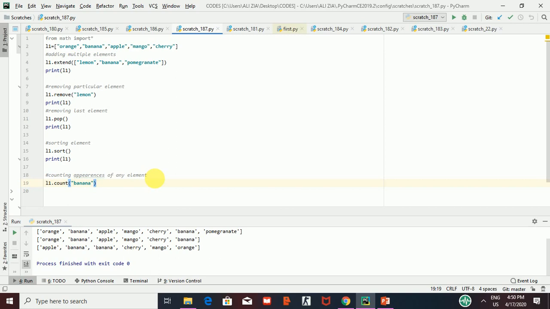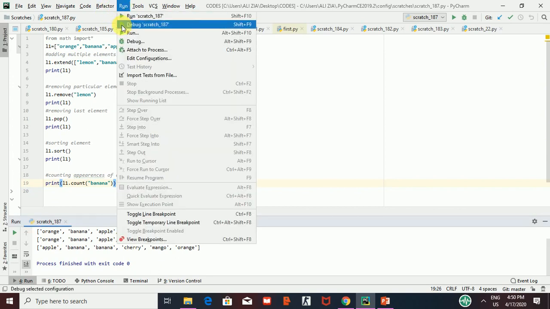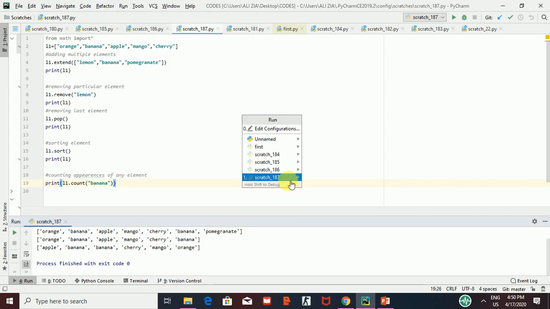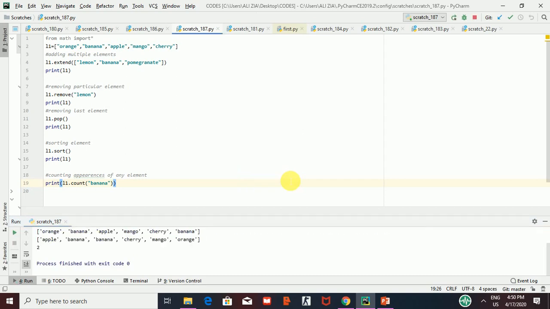I am going to print it and run this again. Here you can see clearly that it has printed 2, since banana has occurred 2 times in our list, so it has given us 2.